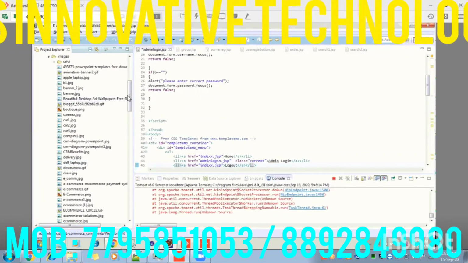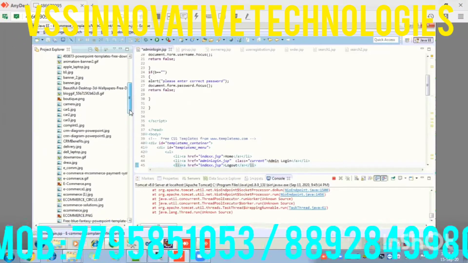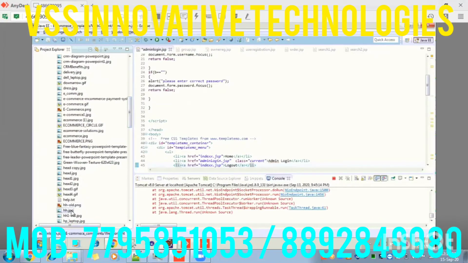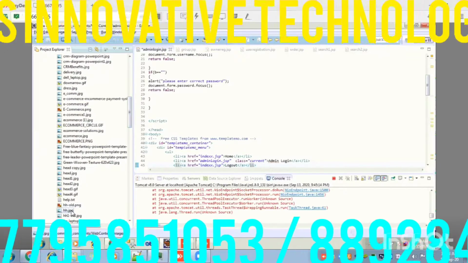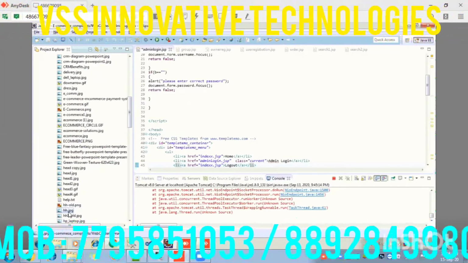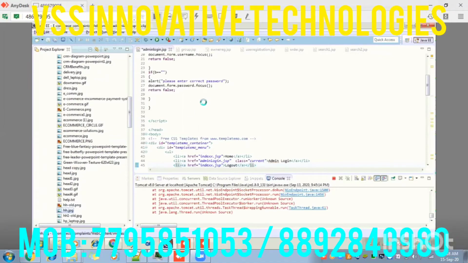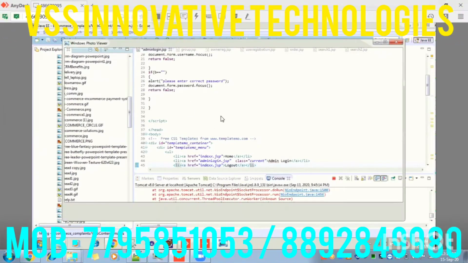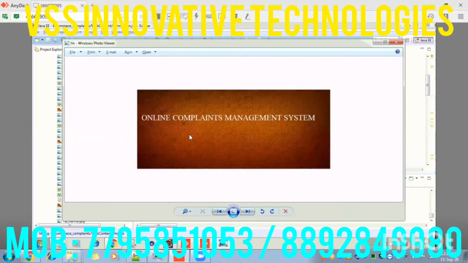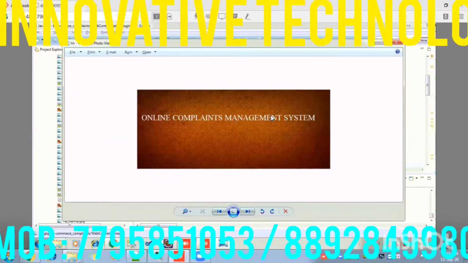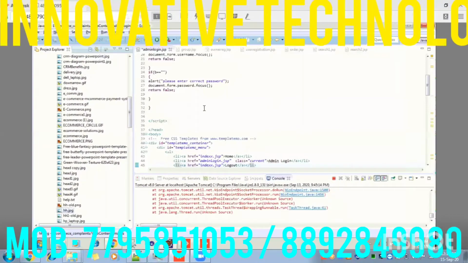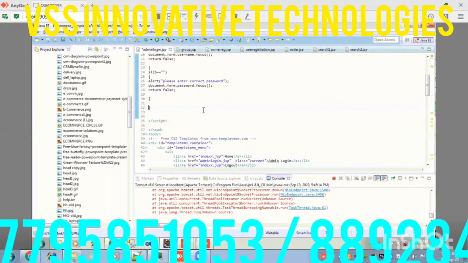Once we created it, I think she created some image, online complaints. So we uploaded that image, and that is called hh.jpg. Create an image and you can upload the image. See, online complaint management system. So once you uploaded the online complaint management system image, you can write that. How to write that one, in the sense: